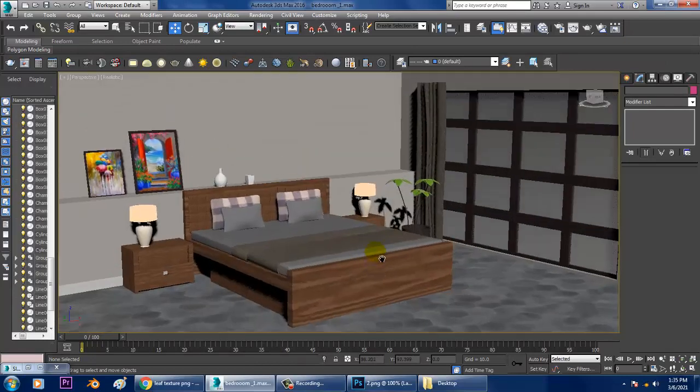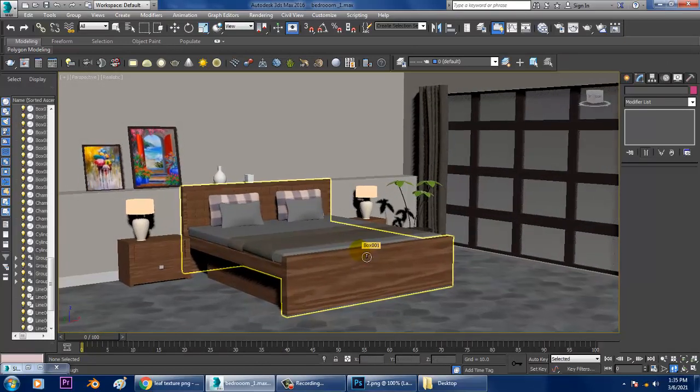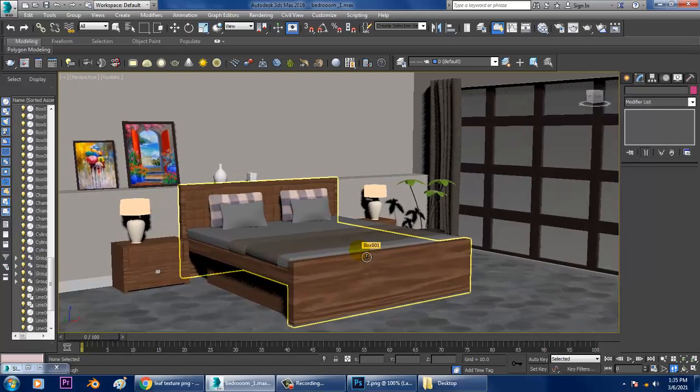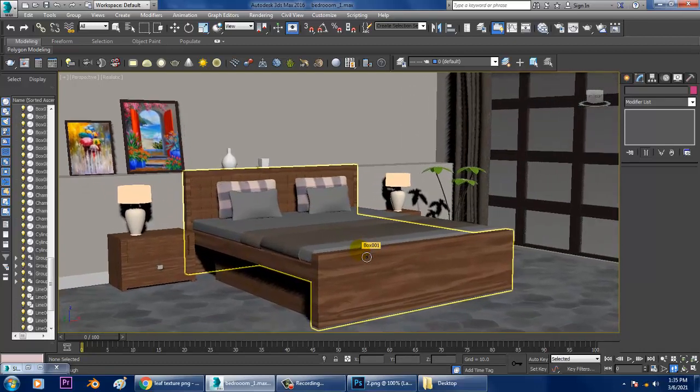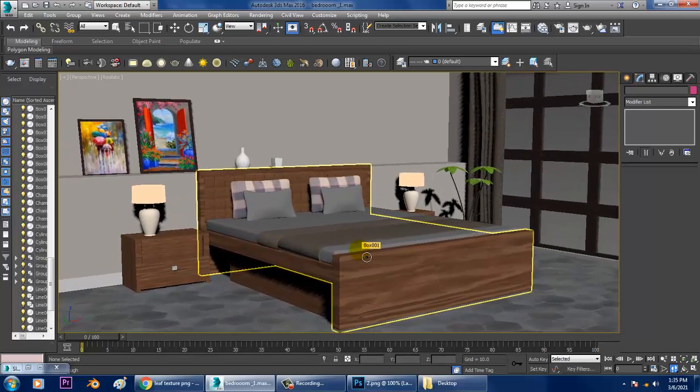So we can just set up a camera. I can just set up a normal camera. If you want to set up a V-Ray camera, you can put that over here also. Guys, if any doubts, please put it in the comment section. We'll continue the rest of the part in the next tutorial. Thanks for watching this tutorial.